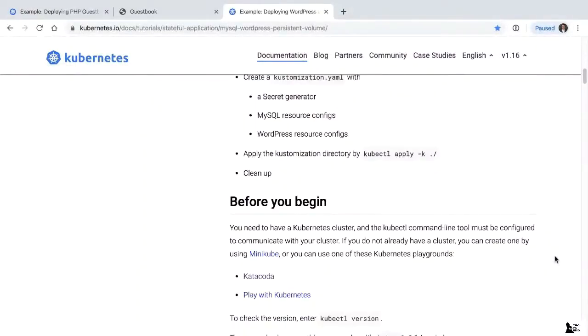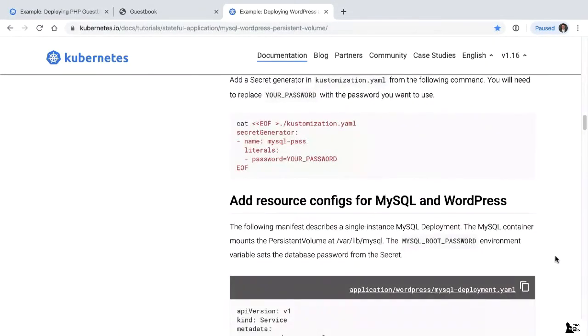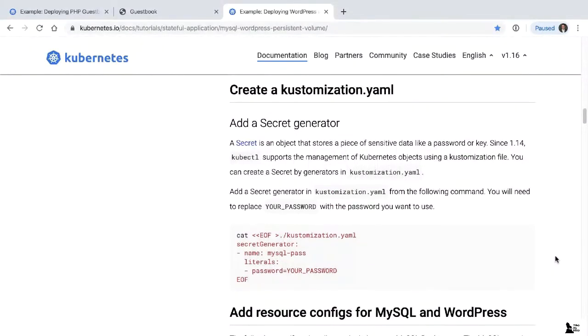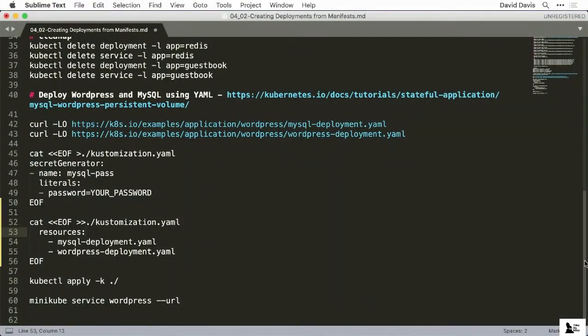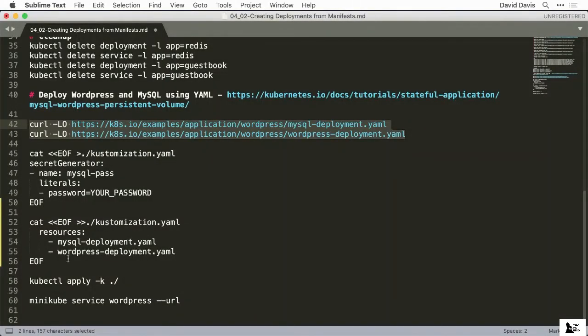Now, I'm not going to go through all of this, but the basic premise is that you download a couple of YAML files, and then you use what they call a customization YAML file, which is essentially a single YAML file that points to other resources and might contain things like secrets or passwords. So what we've done here, and I'll share my notes with you, is to download the 2 YAML files using a curl command. And with those 2 YAML files downloaded, I've actually already created the customization YAML file with these commands,